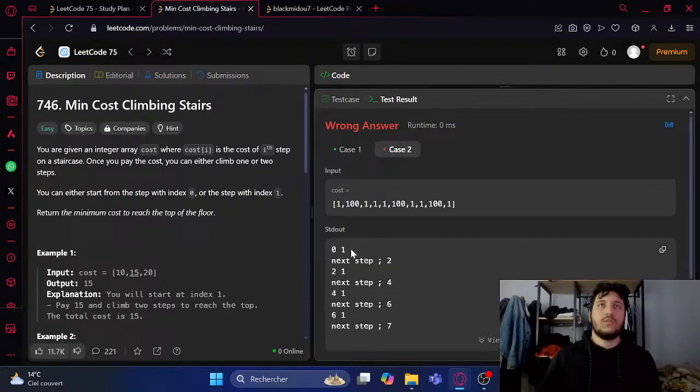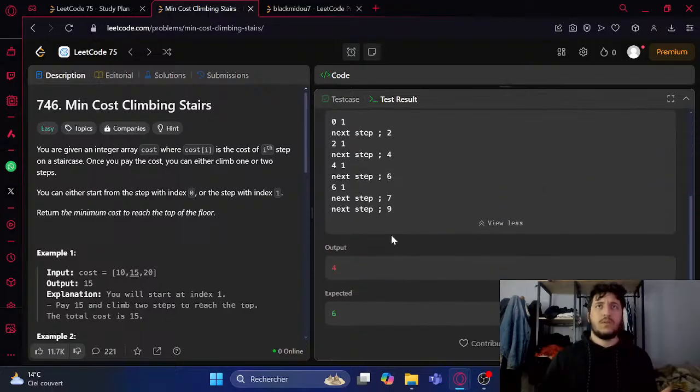Okay, so now 0, 1. Next step is 2, so it's gonna go to 2. And next step is 4, and then next step is 6, and then next step is 7, and then next step is 9. Okay, so